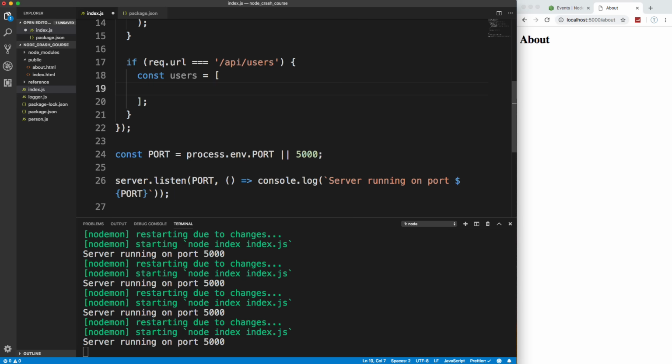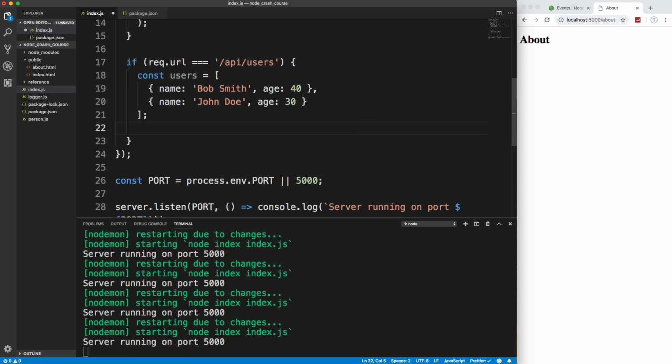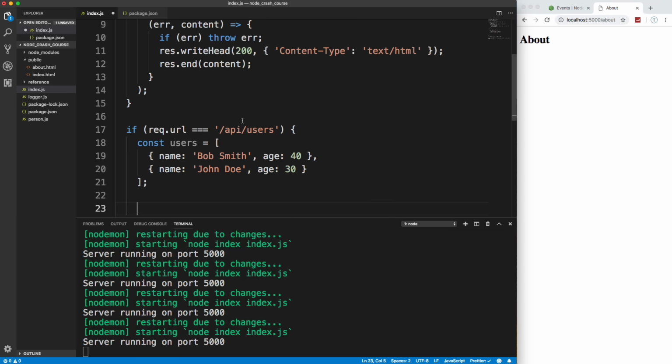equals an array. So name, we'll say Bob Smith, age 40, and we'll do one more, John Doe. All right, so we have this users array,